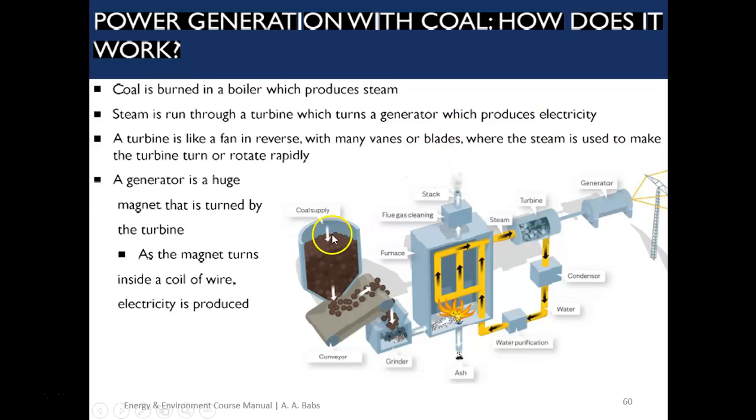So what you will see in this diagram, we've talked about this section. There are literally about 3 major sections here. The first section is the coal section, where from the supply of coal we get to the conveyor, from the conveyor we get it to the grinder, and then it is ground into fine powder. That's the first section. The second section is the furnace, the burning section, and that is where coal is burnt,